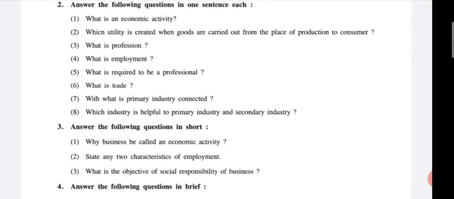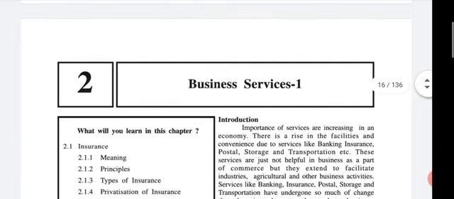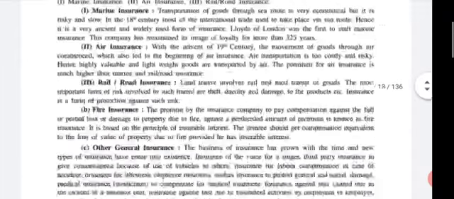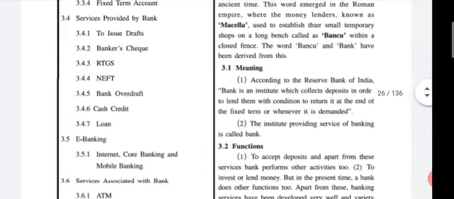because at the time of examination you don't have enough time to revise all detailed questions. So at that time, if you have a head point book, then you can refer to that book. Okay. So I already gave you today's homework also, and now we start the next chapter, chapter number 3,